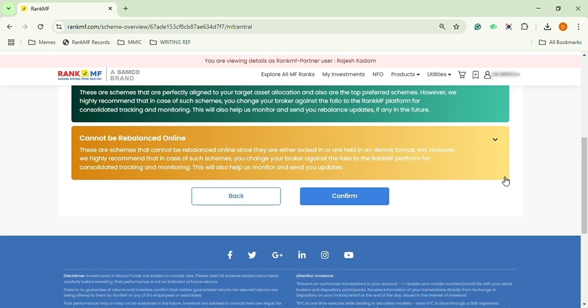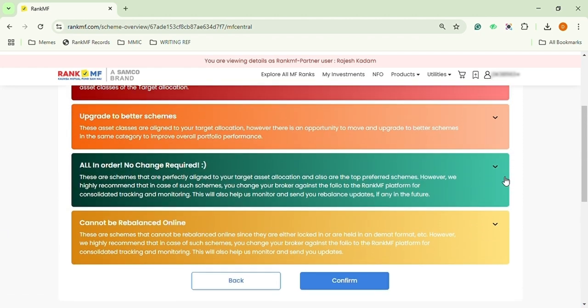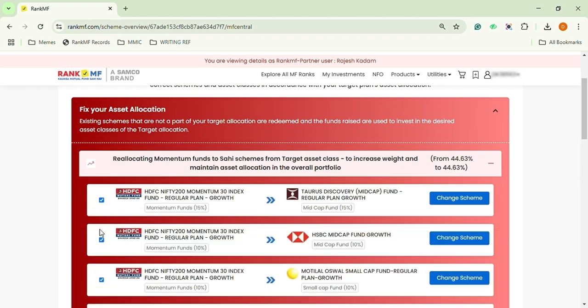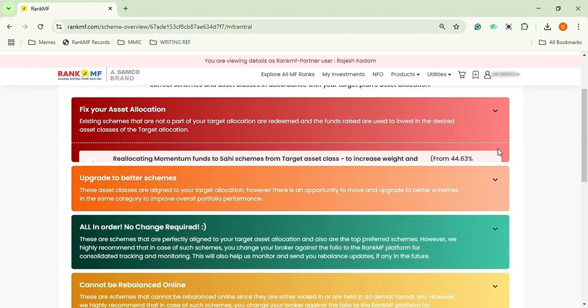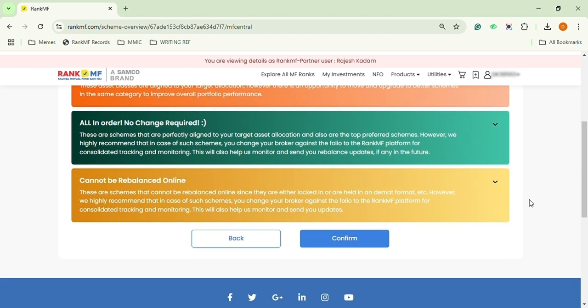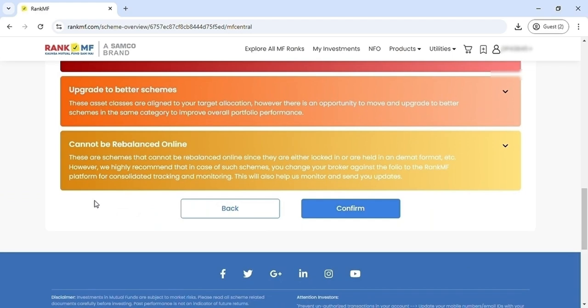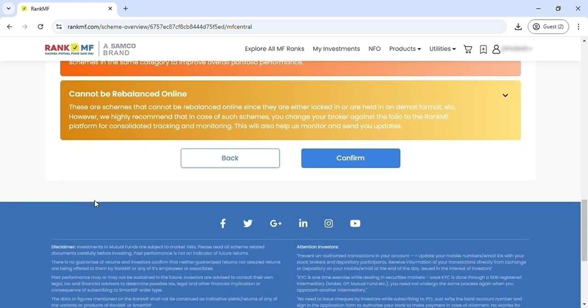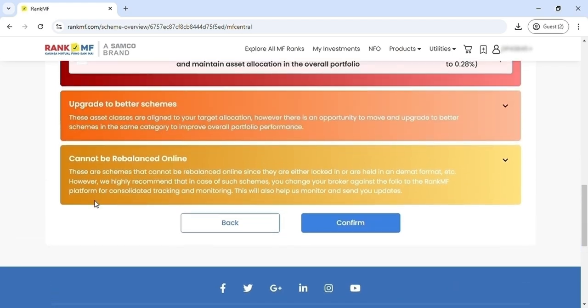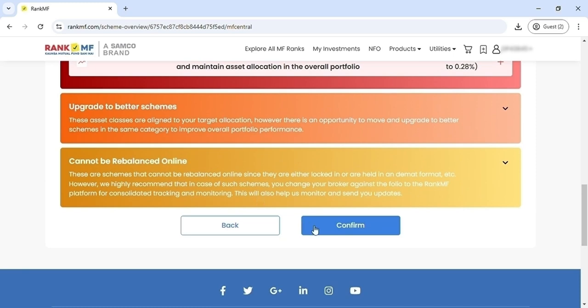If your client prefers not to redeem a specific scheme, they can deselect it before proceeding. However, for the best results, it's recommended to proceed without skipping any scheme. If the client holds investments outside RankMF, they have the option to consolidate these holdings on a single platform for easier management.